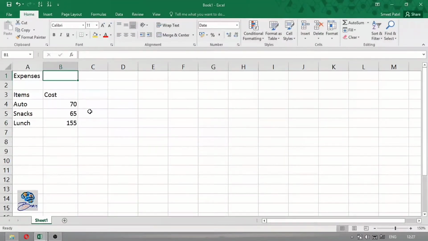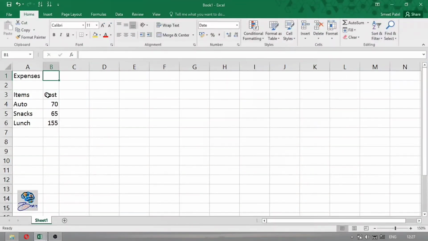Our today's date is 29th August. So I will write 29/08/2020. Okay, as I press enter, sorry, let me undo it, and let me adjust the B cell.